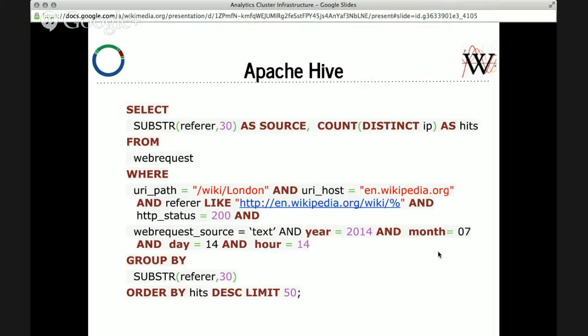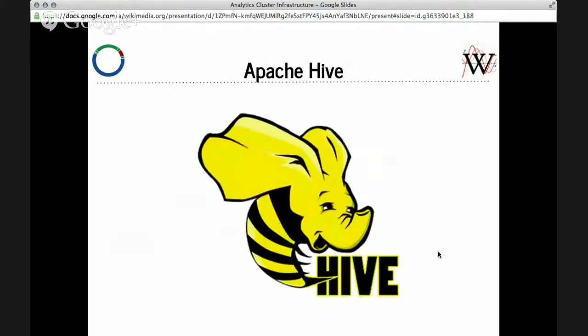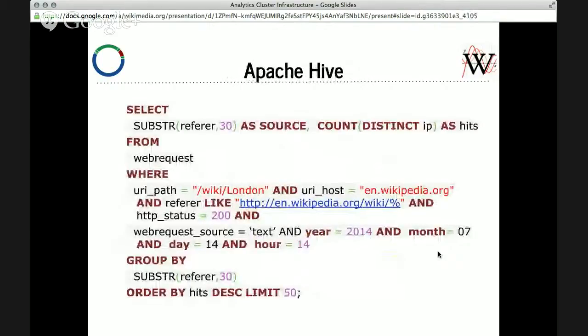So this is a query that Oliver actually wrote. I found it on a Wikitech page that he made to sort of compile a bunch of useful queries that he was writing. And you can see that this query will do what we were trying to do, how to get the top referrals for a particular article. So this query is looking at the London article on English Wikipedia and collecting the top referrers there, counting